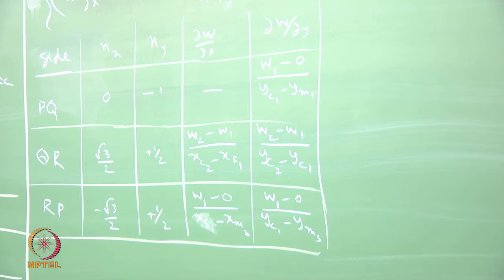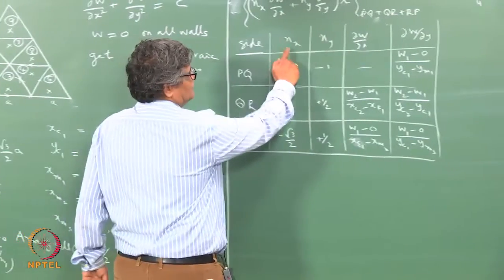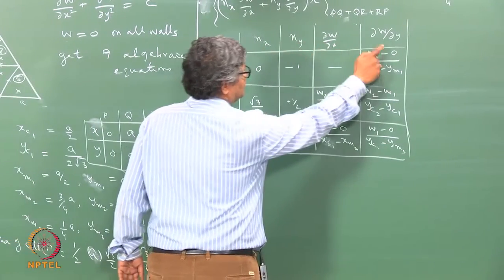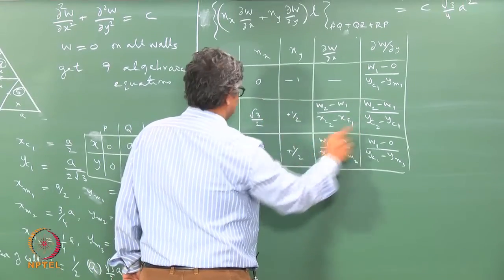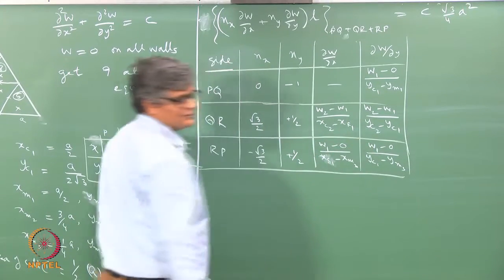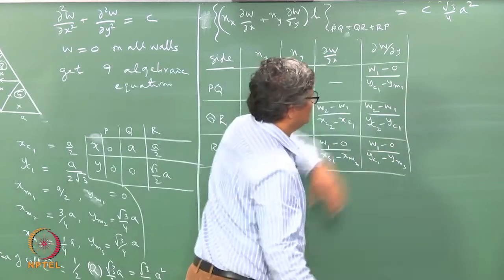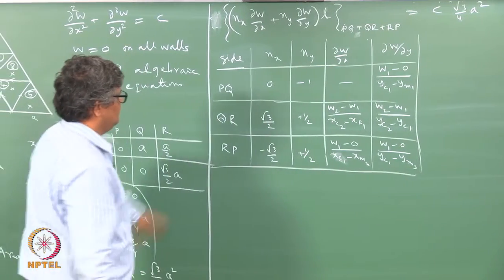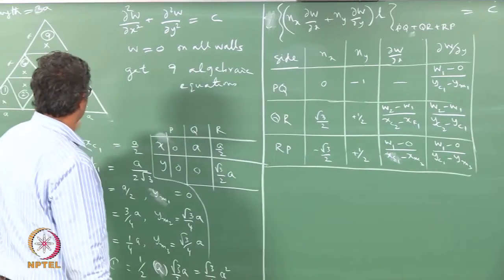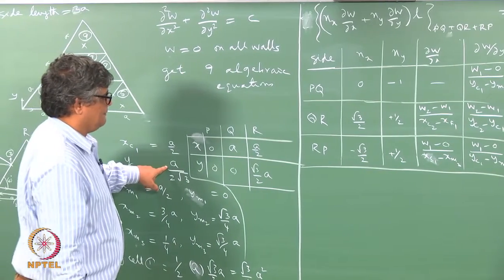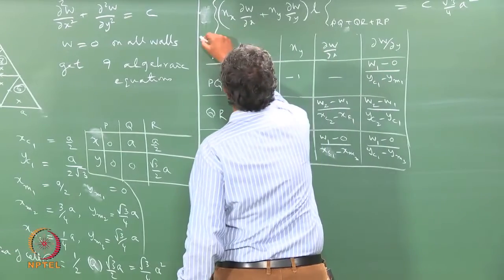Okay, so in order to now discretize this over this cell, we need to multiply this by this and this by this, and then this by this and this by this, and then this by this and this by this, and then add up all of them and put that equal to this. So, let us see, we can substitute the values here. So, that gives us